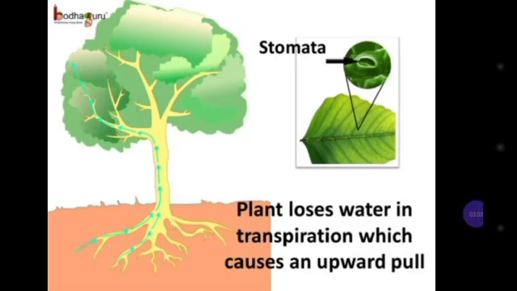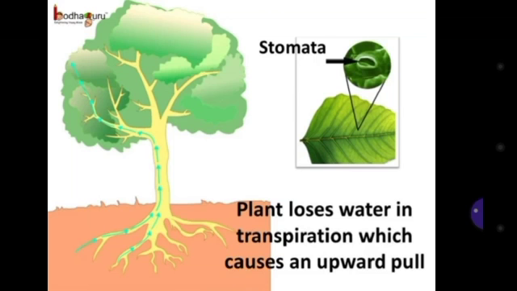Students, you know leaves release water. How? Water evaporates through the stomata present on the surface of the leaves by the process of transpiration. This evaporation of water from the leaves generates a suction pull or an upward pull, and water rises up the xylem to make up for the lost water. So the water is absorbed through the root by the upward pull because of the loss of water in the leaves